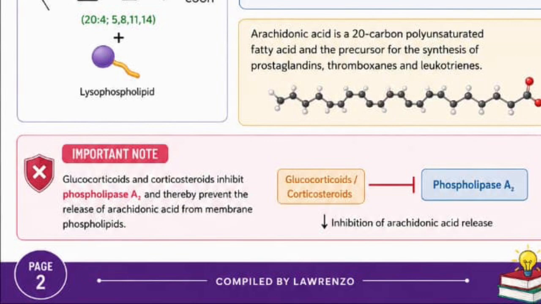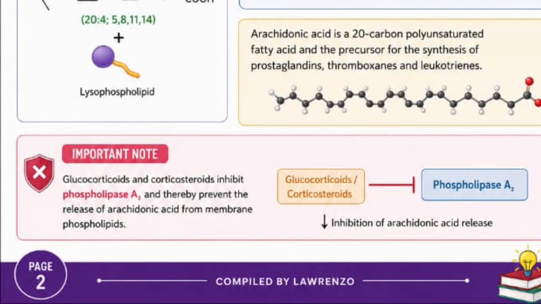So we give a patient glucocorticoid or corticosteroid to inhibit phospholipase A₂, thereby dropping the formation of arachidonic acid. If I drop the formation of arachidonic acid, do you know what I'm doing? I am inhibiting inflammation. Your body always activates phospholipase A₂ when there's an increase in inflammation. So when I give a patient corticosteroids, I inhibit phospholipase A₂, destroying the formation of